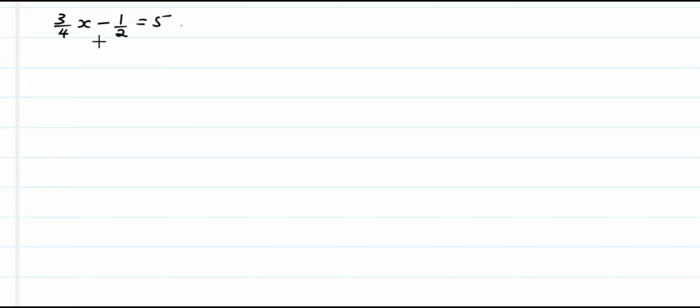If we have an equation like this, the first thing is to check the denominators and find their LCM. In this case, it is the denominators of all values. For example, for 3 over 4, the denominator is 4. Then here the denominator is 2. And on 5, I can put it over 1 so that the denominator becomes 1. Since we know the LCM with 1 will have no impact, we can find the LCM of 4 and